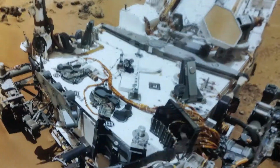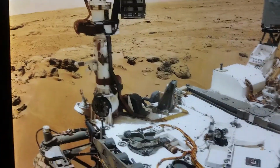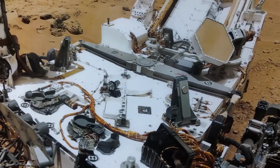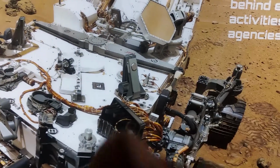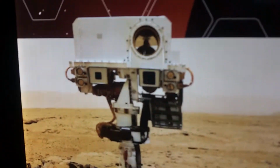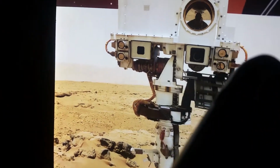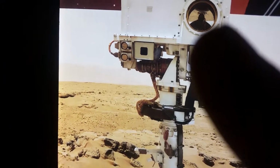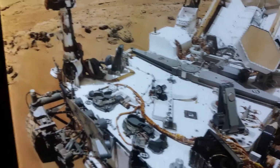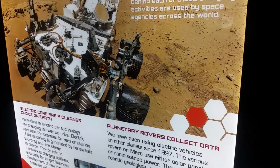So here's the rover, and the guy said, "Oh, that's a clear shot on Mars." Well, the rover doesn't have an arm out over here to take a picture of it, and you can actually see the photographer right here. His reflection in the right there, you can see it. So they faked the rover on Mars, and